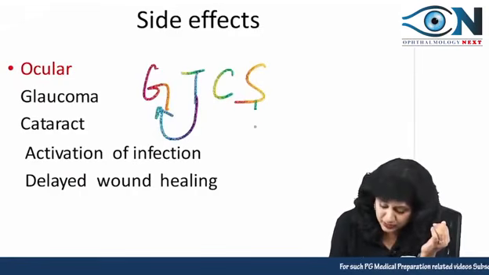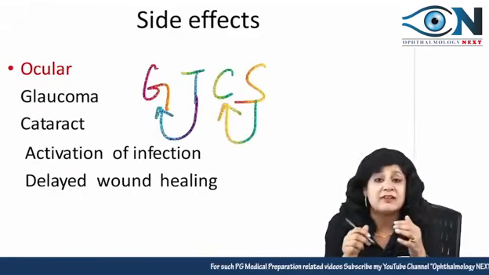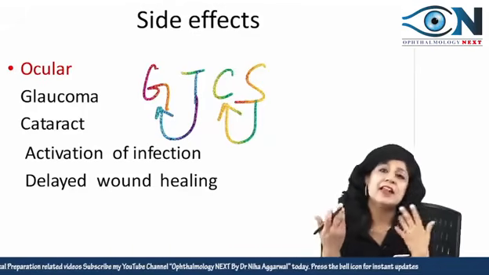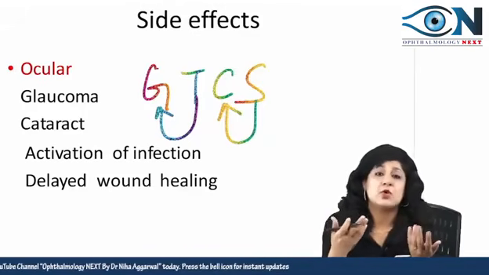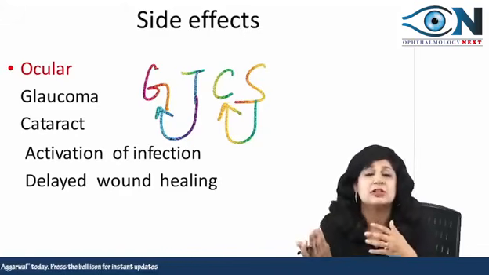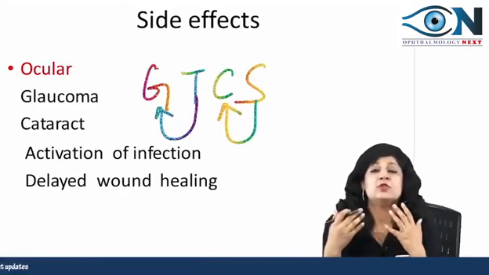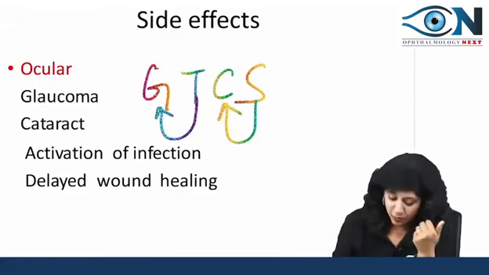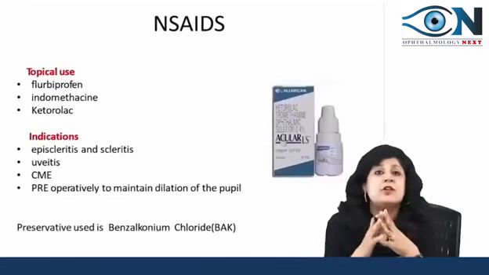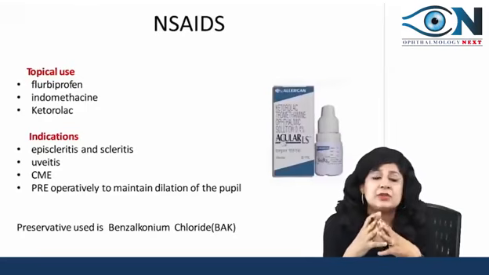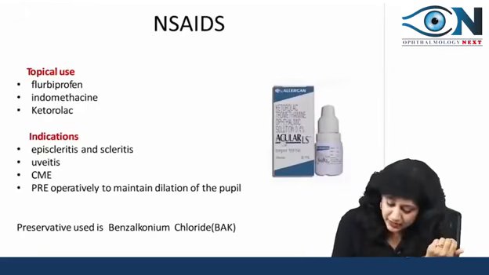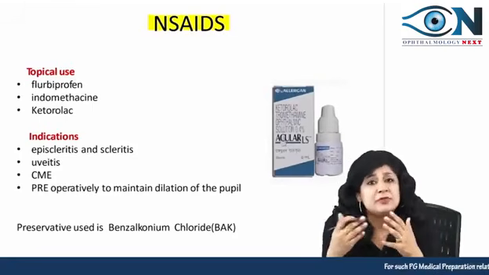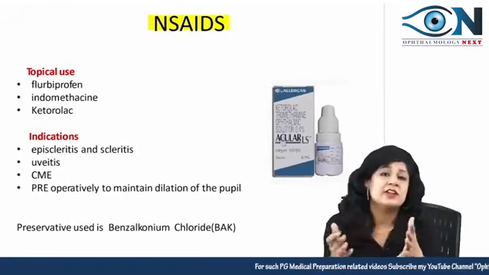more of glaucoma, systemic steroids causes more of cataract, more chances of infection, they will delay the wound healing, and that is the reason that we are not giving them in glaucoma, we are not giving them for long term in any patient, we do not want to give it in infection because it delays the healing and all these things. Now, at all the places where steroids are contraindicated, there we can go with the NSAIDs, or you feel that even it will be treated by the NSAIDs, it's not that severe, there also you can